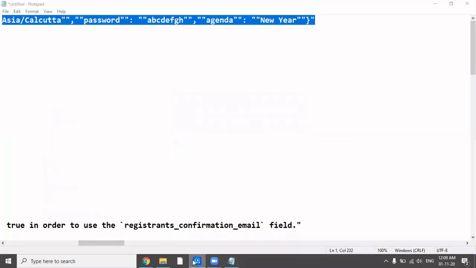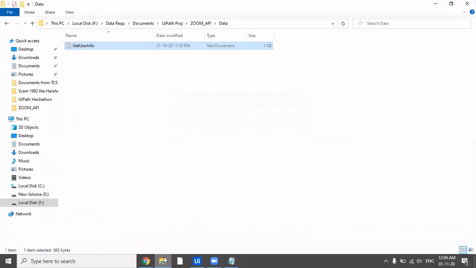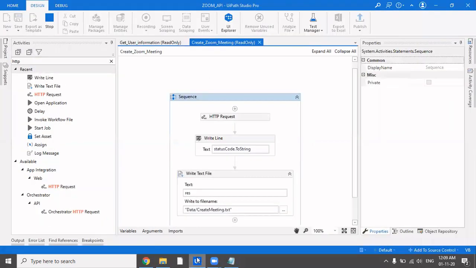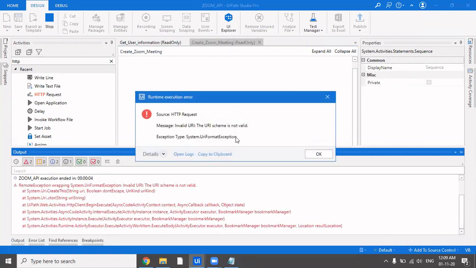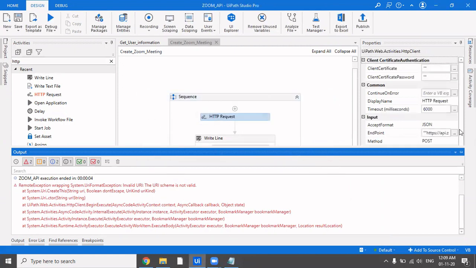So let's open it, and here is where the file would get created post the execution has been completed. Okay, I think again we've done the same mistake. Yes, of course.